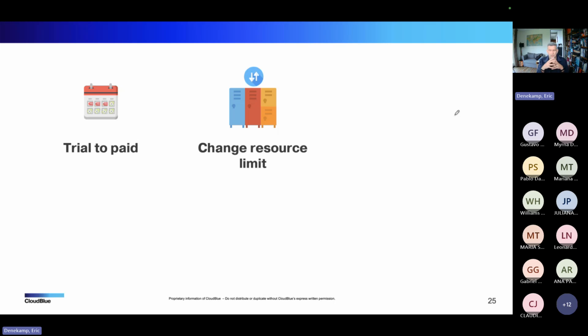That means that the initial locker is not big enough to store all your things, so you ask for more space. That means that you change your resource limit. You go up, you upsize, let's call it. This is a little bit where upsizing and upgrading mix. Sometimes we discuss upsizing, and this would be upsizing. And the next thing